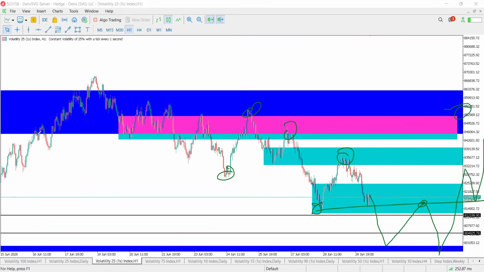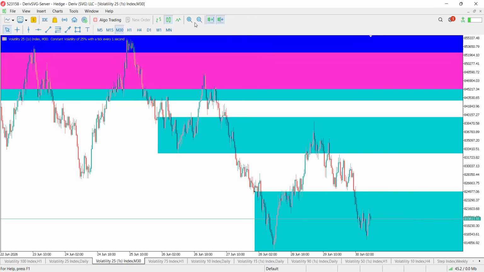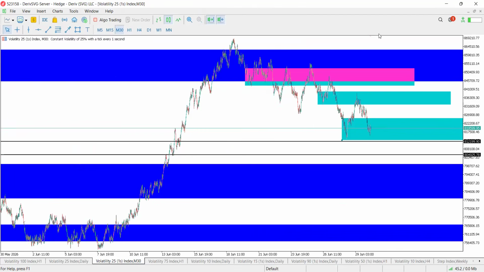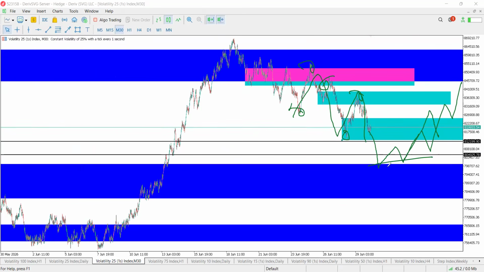Alternatively, if you get the structure in H4 as mentioned, you can use M30. If you see M30, it's the same thing. We're making lower lows and lower highs. You can see these are lower highs and lower lows, so it means we're in a downtrend. Now, how do you know a downtrend has stopped? When we stop making lower lows and maybe we make higher lows or equal lows, then we start making higher highs and all that. So if we break above here on a pullback, after touching a key level,